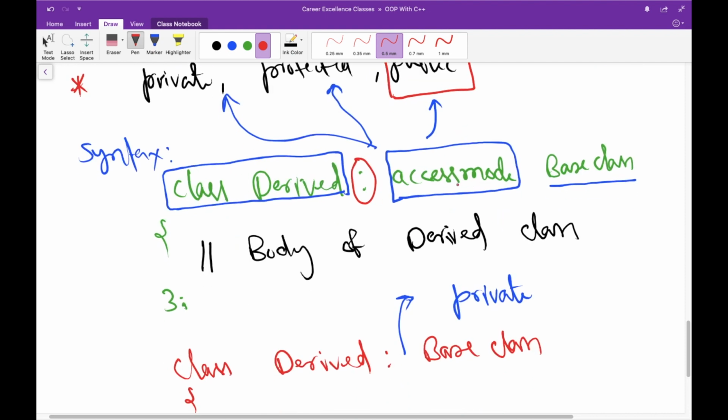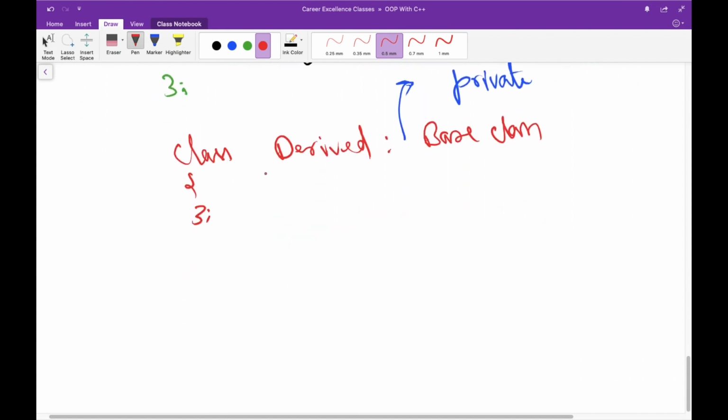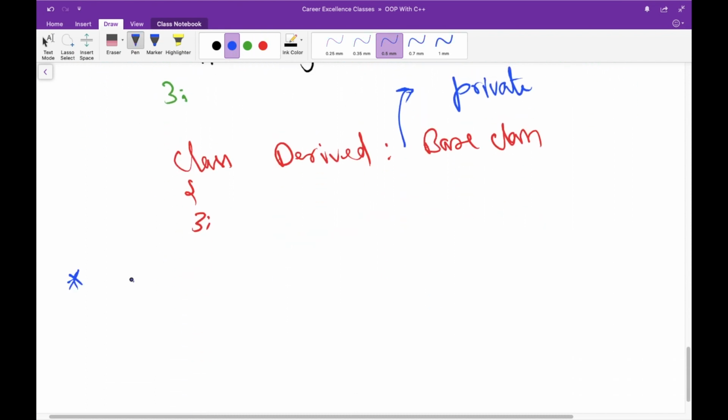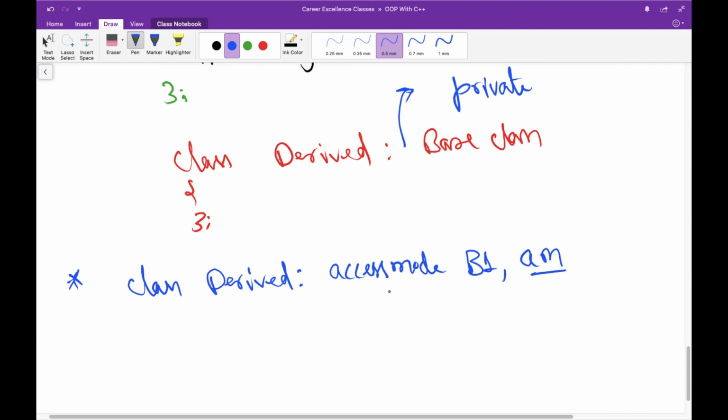You can also inherit multiple base classes in C++, and for that you have to write class derived and then access mode and base class 1 that you want to inherit another access mode. If you are writing private here, you can write here private, protected, or public, and similarly here as well, right?